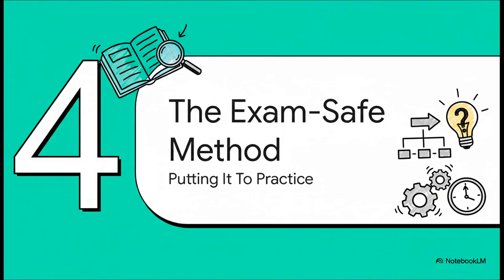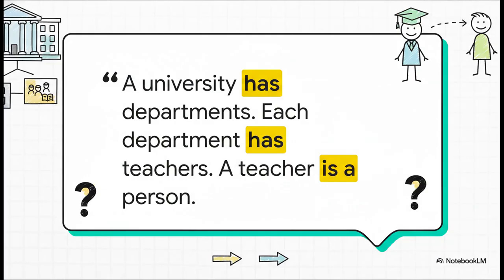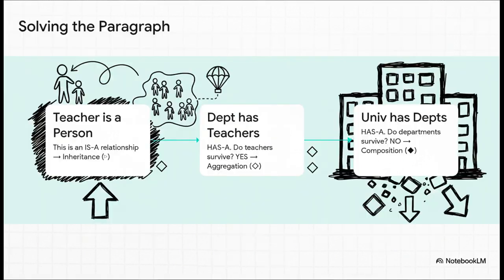Okay, so the theory is down. We've got it. Now let's see this simple framework in action and watch how it makes a typical exam question, well, kind of laughably easy. Here we go. A classic problem. A little paragraph with 3 different relationships to figure out. Now, instead of panicking, we're just going to apply our 2 questions, 1 sentence at a time. Let's break it down. First sentence. A teacher is a person. That's a textbook ISA, so it's